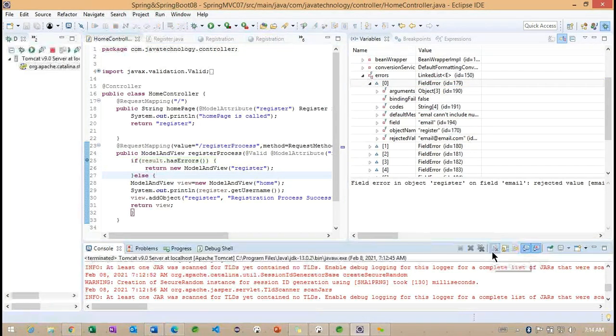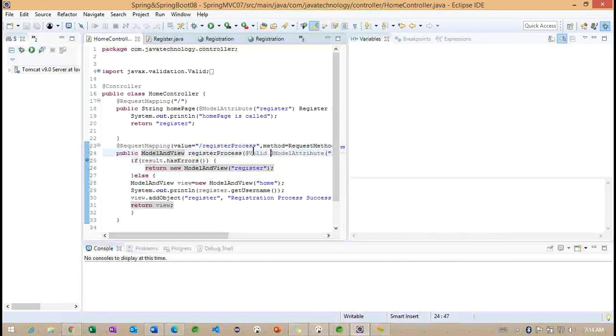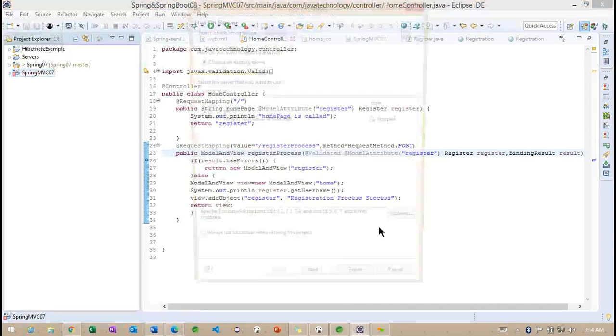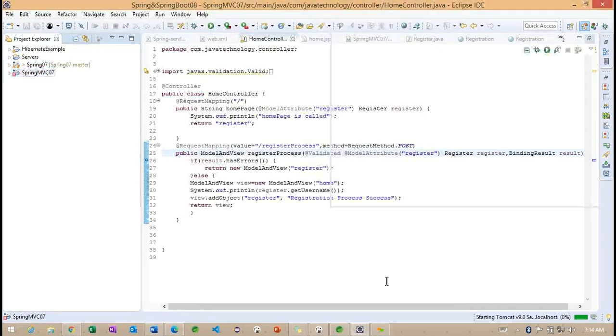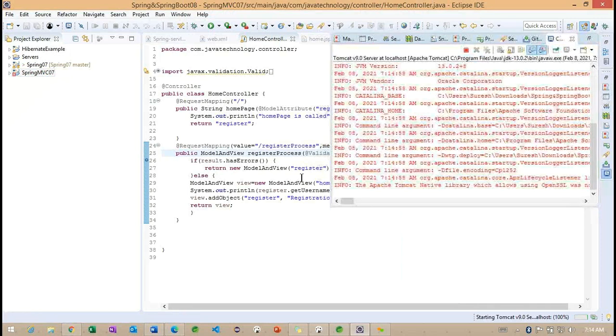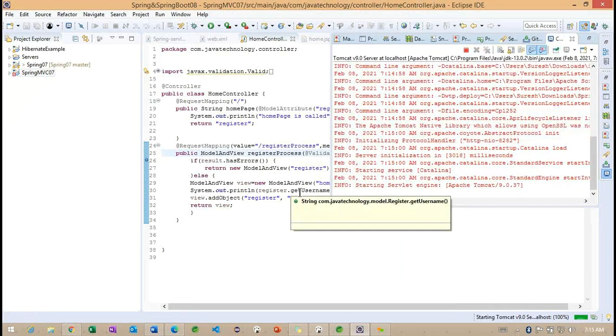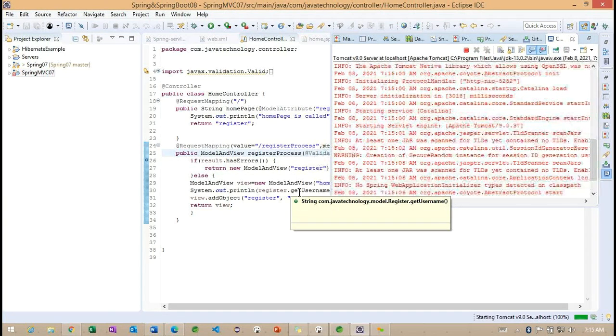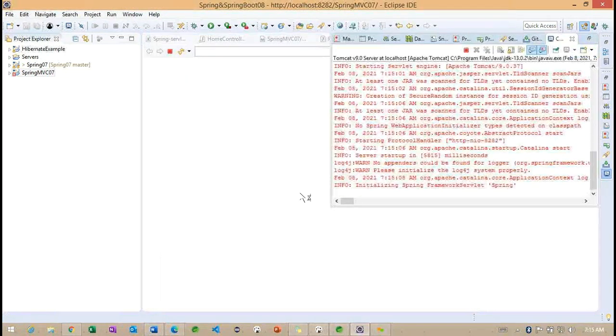Okay. We'll check with a different one. Is there any difference between @Validated and @Valid? Basically, @Valid is going to work on each field. @Validated is going to work on a group of fields.